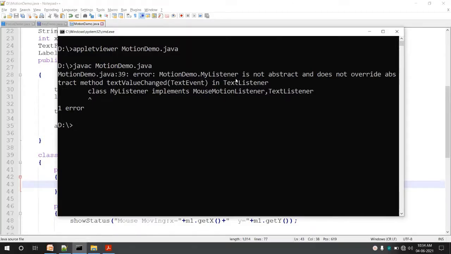The error says MotionDemo.MyListener is not abstract and does not override abstract method textValueChanged(TextEvent) in TextListener. My class MyListener implements MouseMotionListener and TextListener. Okay, actually there is one problem.